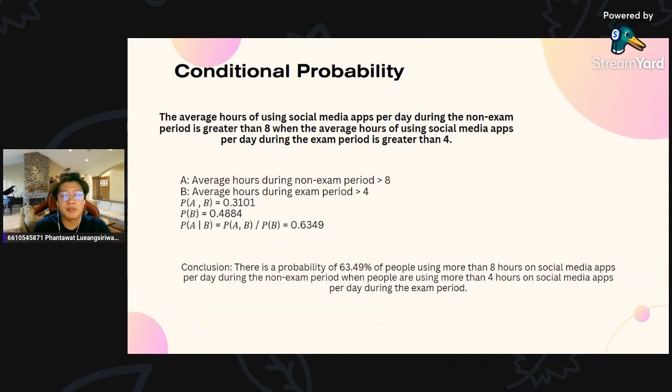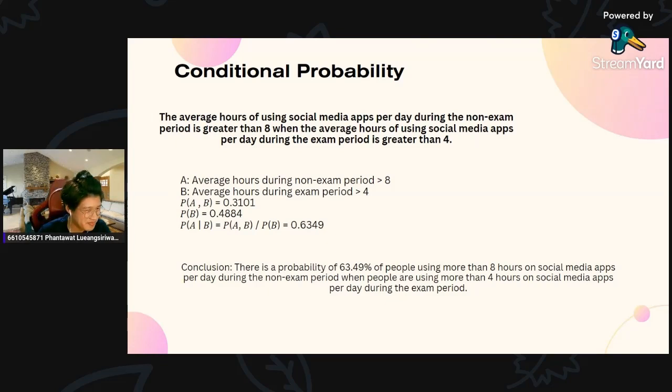The last one, we picked one question for the conditional probability. The average hours of using social media apps per day during the non-exam period is greater than 8 hours, where the average hours of using social media per day during the exam period is greater than 4. Event A is average hours during the non-exam period greater than 8. Event B is average hours during the exam period greater than 4. So the conditional probability between events A and B is